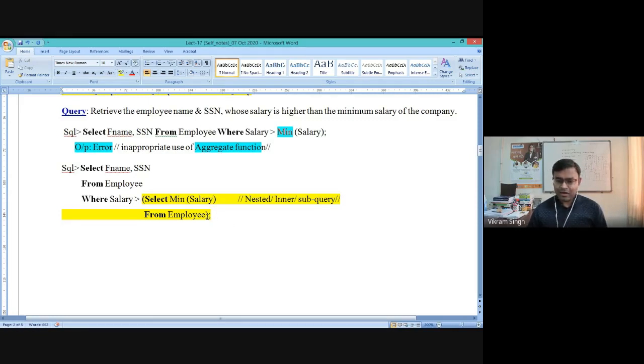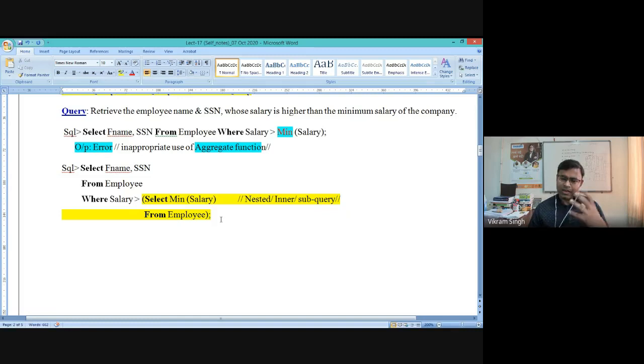So if this inner part is executed first, this single value will be retrieved, which is the minimum value of the salary, min of salary. So a single value, the minimum salary, has come to you. Now control of the query processor will go to the from clause, and after that to the where clause. In the where clause it will see that salary should be higher than this single value which we derived through the subquery. So now this whole query will be executed in a smoother way, right?